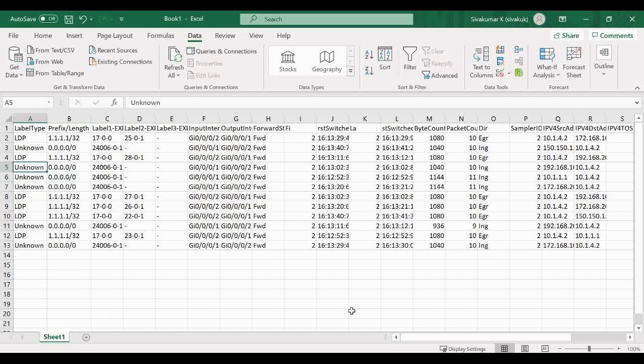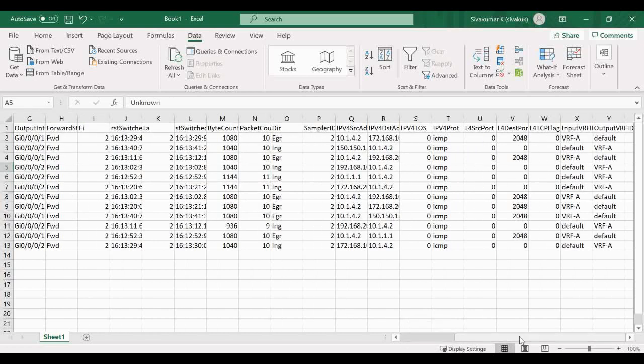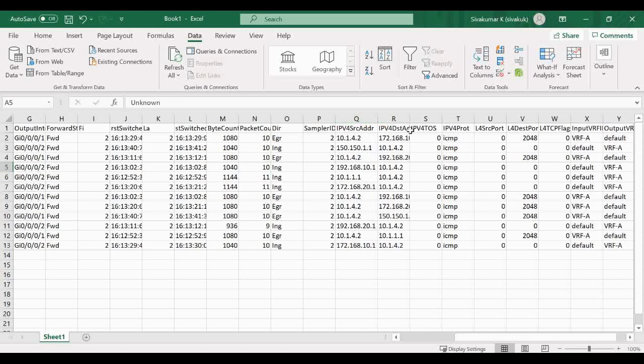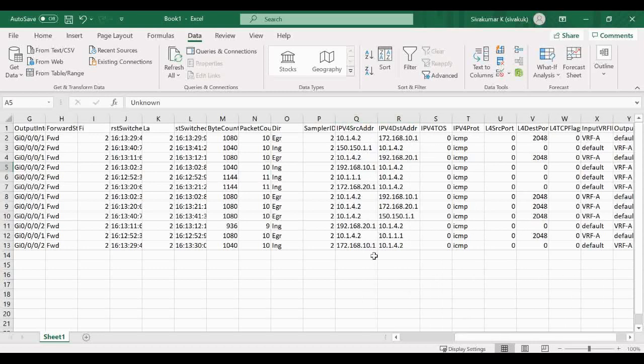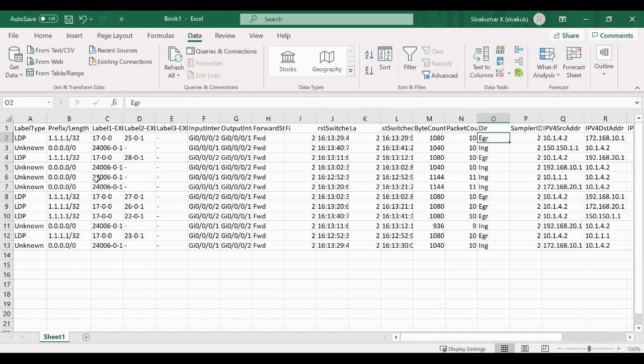The main thing to see here is we are trying to capture the source and destination IPs of the traffic flow. So we can see from which source and which destination the traffic is flowing, what type of protocol we are getting, and from which VRF we are getting this traffic, that also you can see. The direction also it will show, whether it's ingress or egress traffic on that interface where we are doing the NetFlow configuration. We also see other details on the interfaces on which we receive the traffic and send it out, all that information.